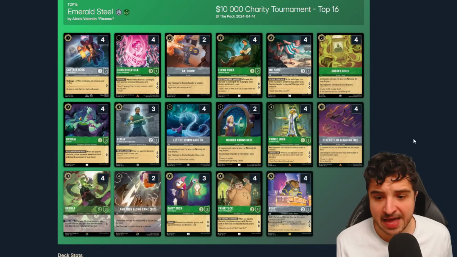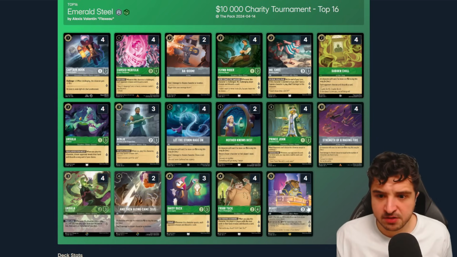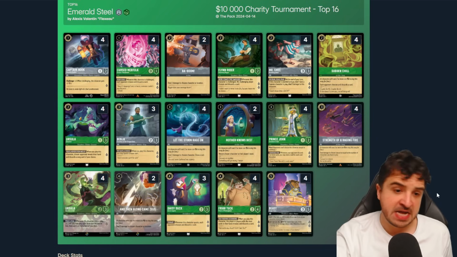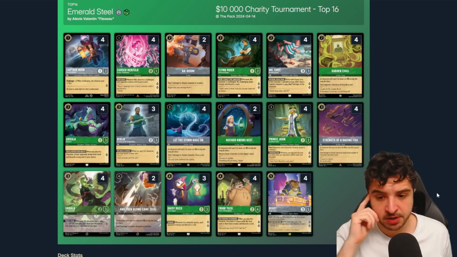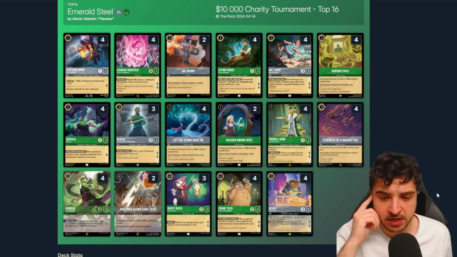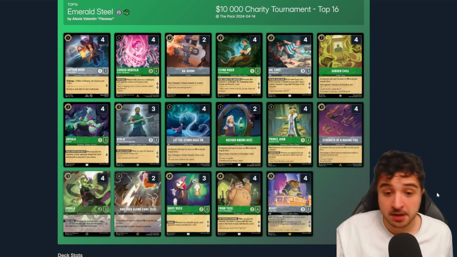This first deck is capping out at 5 ink, so the biggest disparity we're seeing in Emerald Steel at the moment is what you cap out at. Initially it was 6 with Tinkerbells and Robin Hoods, then we've seen some players going down to 5. Even I actually, in my tournament in Poland, which I finished 4th in last week, I actually capped out at 4 ink, mainly because I don't